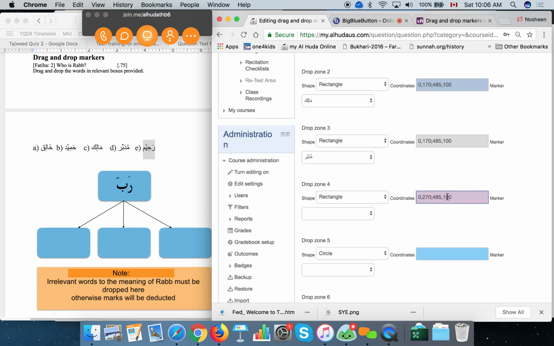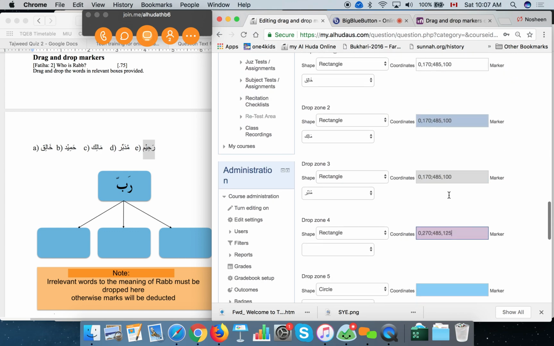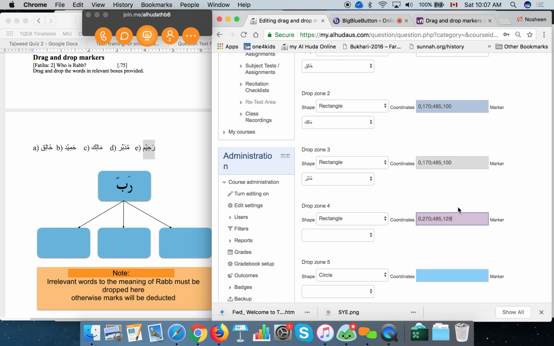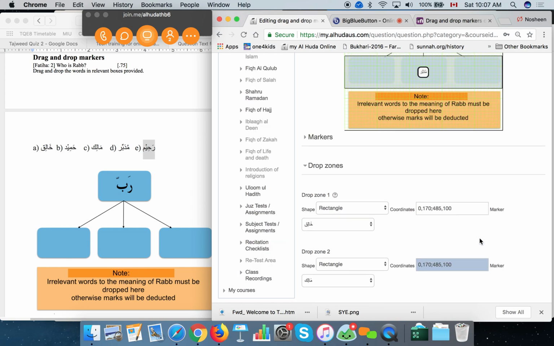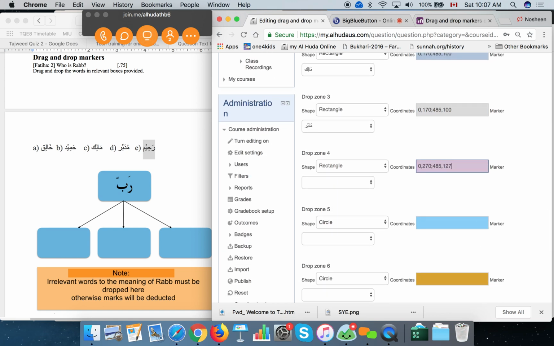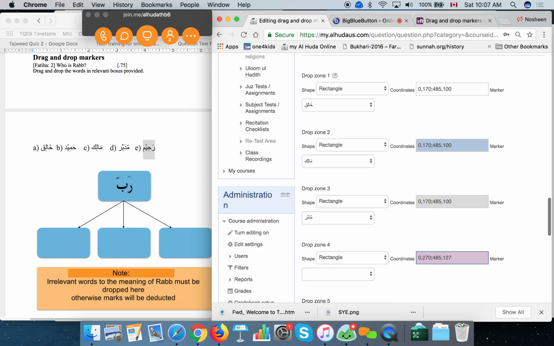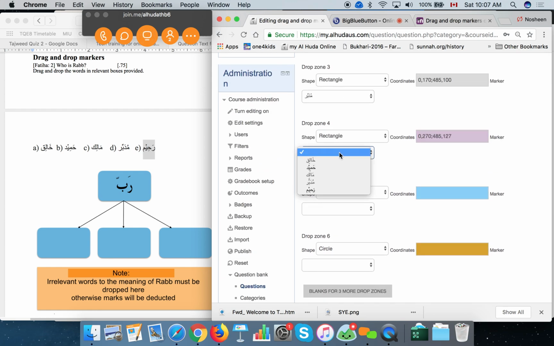So this should be, this was the width, right? Okay, so 100 was the width. We can make it 125, and there it works best. Okay, alhamdulillah. Or we can also do 130 or 129 maybe. 130 might go out. Okay, see, it disappeared. Even 129 is too much. 127. Okay, and now it's back. Alhamdulillah. All right, so now we're just going to copy paste it for the rest of them, which is only